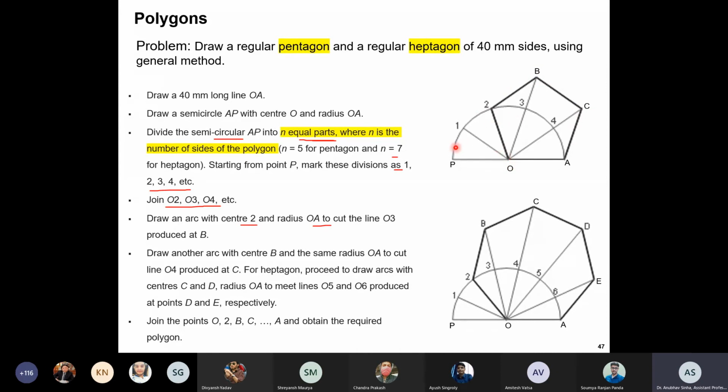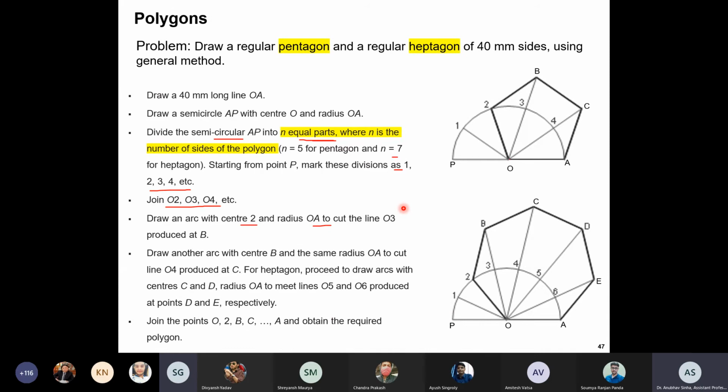Okay, this image is not very clear, but you can clearly see that these are solid or thick lines and these are lighter lines. So this is what you also need to show in your construction, what is the final drawing in solid lines and what are the lines you used for construction.